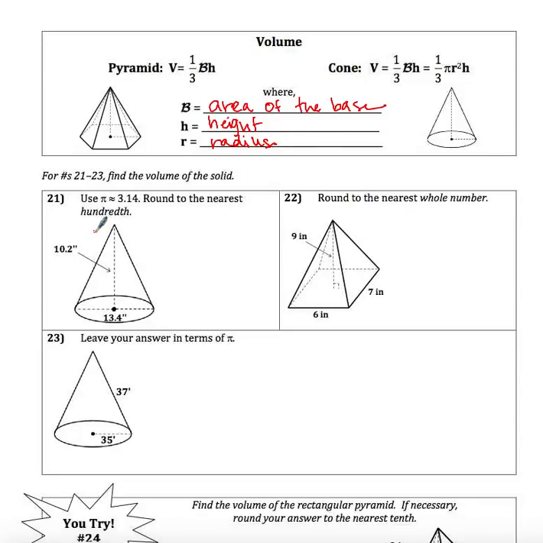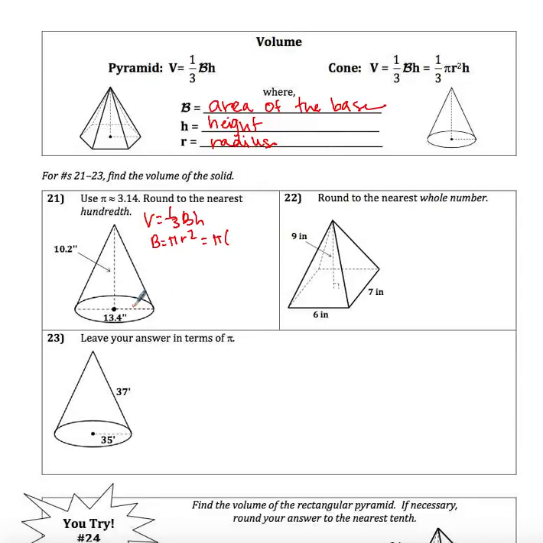So in number 21, it says use 3.14 for pi and round to the nearest hundredth, and we are looking for the volume of the solid. Okay, so our solid is a cone, which means that we're doing 1/3 big B H, but big B is going to have to be equal to pi r squared, and h is going to be equal to our height. Okay, so our big B, we're going to plug in